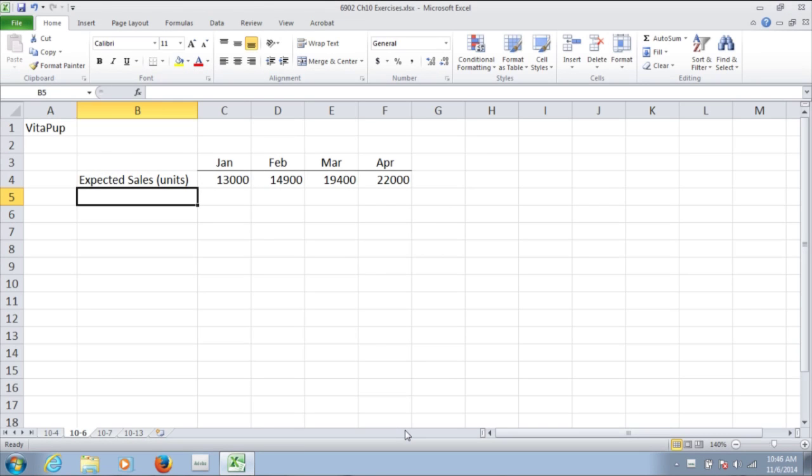In exercise 10-6, we considered a case of Vitapup and its production budget. So now what we're going to do is develop the production budget from expected sales units. As we see here in row 4, we have expected sales for January, February, March, and April. And what we're asked to do is prepare a production budget for the first 3 months. Now, we are given the 4th month of information because this will be included in our